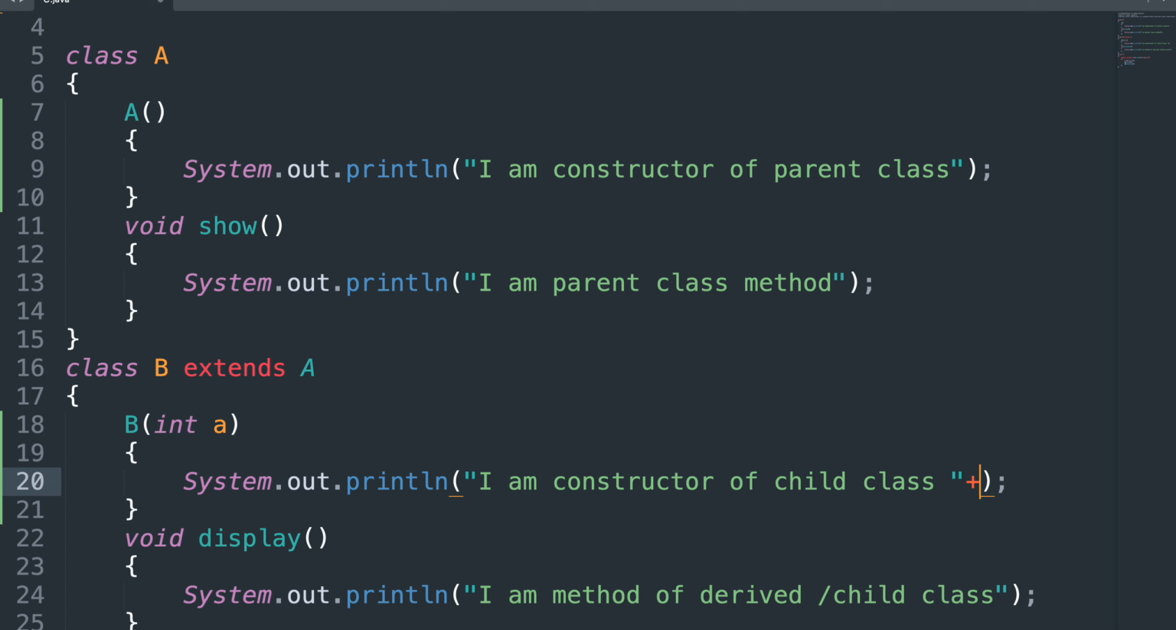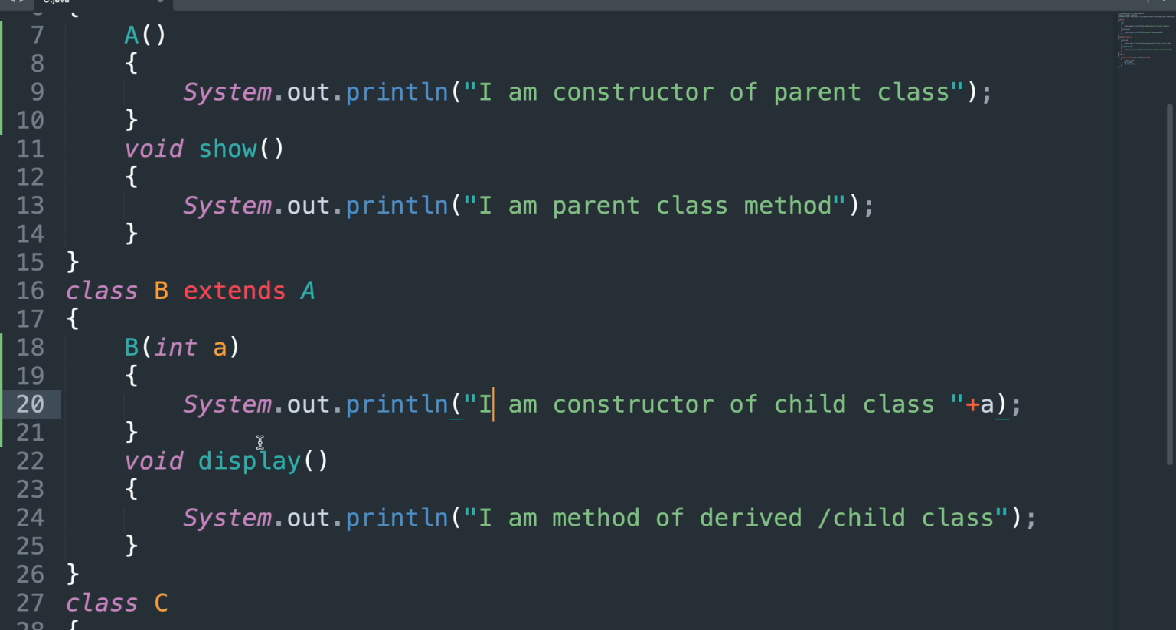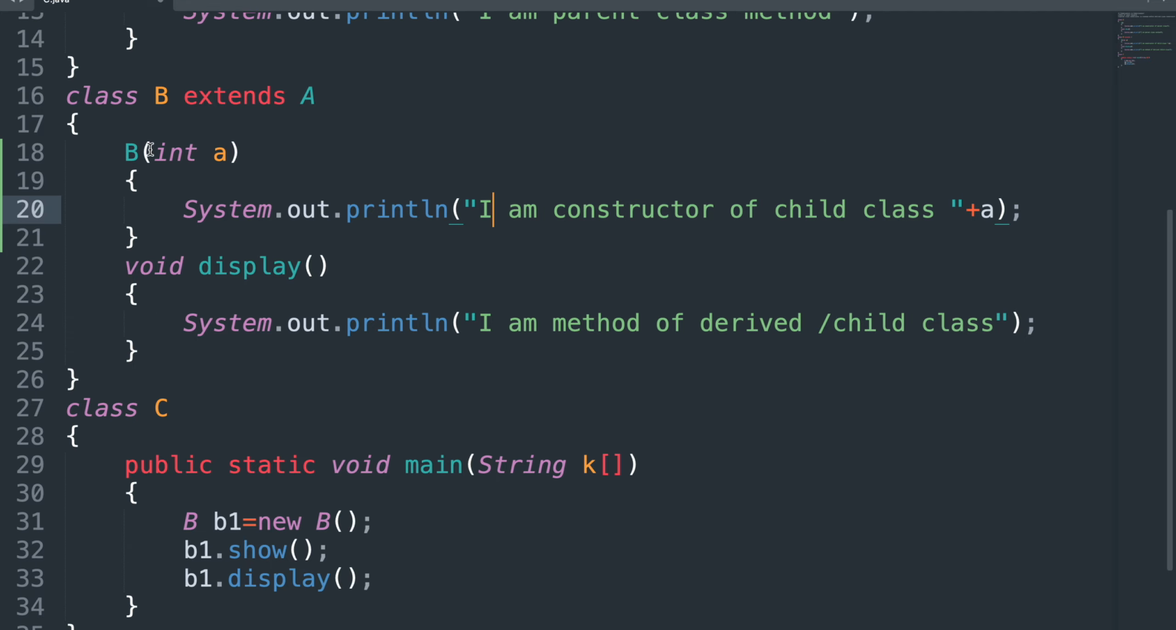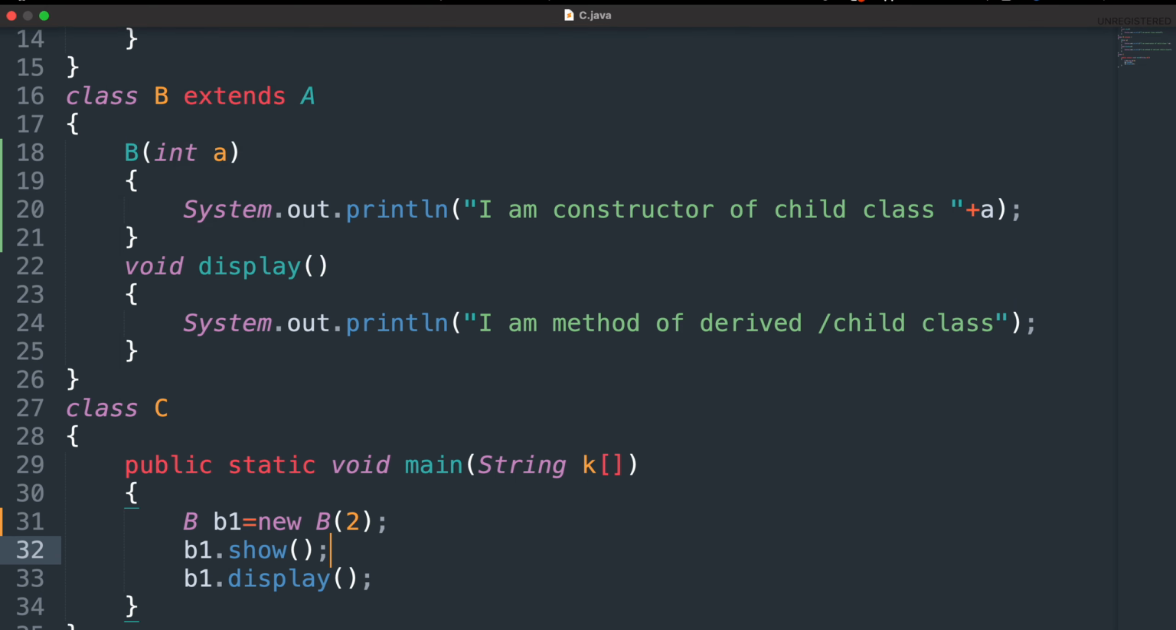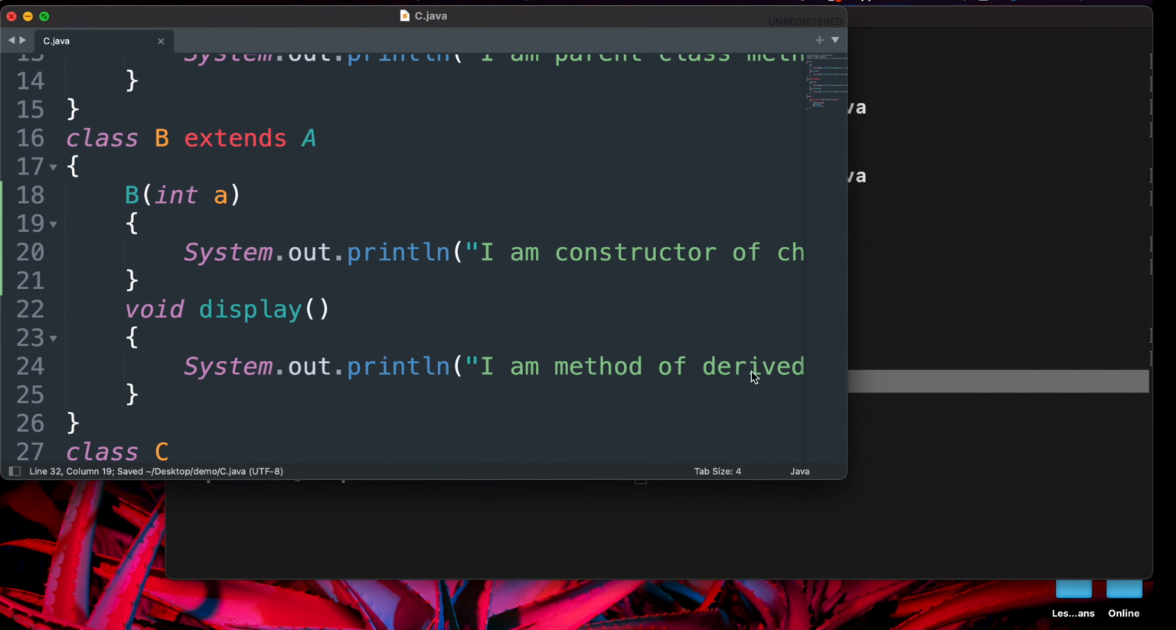What my output says now, my constructor b says System.out.println, I am constructor of child class plus the value of a, which we are going to pass while creating the object. So it's very simple. If your b class constructor is parameterized, then while creating an object of class b, we simply have to pass any integer value to this constructor. So again, let's see the output. Saving the program and again compiling it